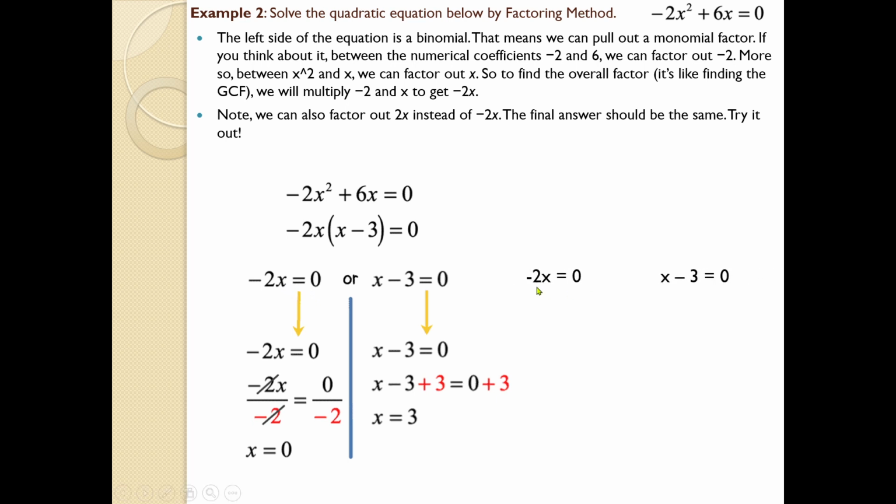It will be minus 2x equal to 0. It can be written as x equal to 0 divided by minus 2. Any number that is 0 divided by any number, you will definitely get x equal to 0. So the value is x equal to 0. And similarly here, x minus 3 equal to 0. So x equal to 0 plus 3, it will be x equal to 3. So you have easily found the value of x.